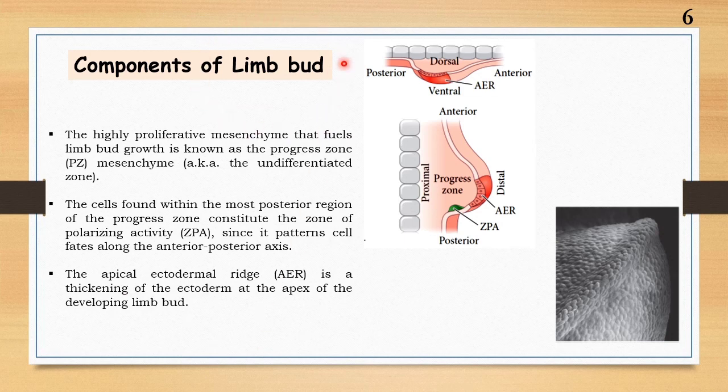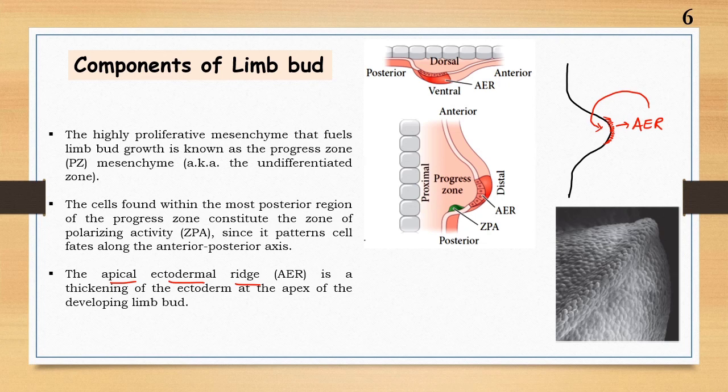So we know the importance of the limb bud for limb development. Now we are going to understand three important components of the limb bud. So this is a limb bud. The most distal group of cells present in the limb bud is known as the AER, or apical ectodermal ridge. Okay, so what is the function of this AER? They provide a signal to induce the mesenchymal cells present just beneath the AER to proliferate continuously and help in development of the limb bud towards the distal area.